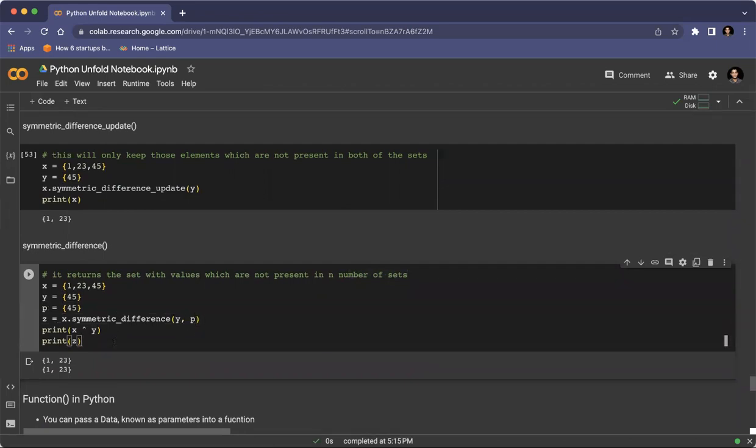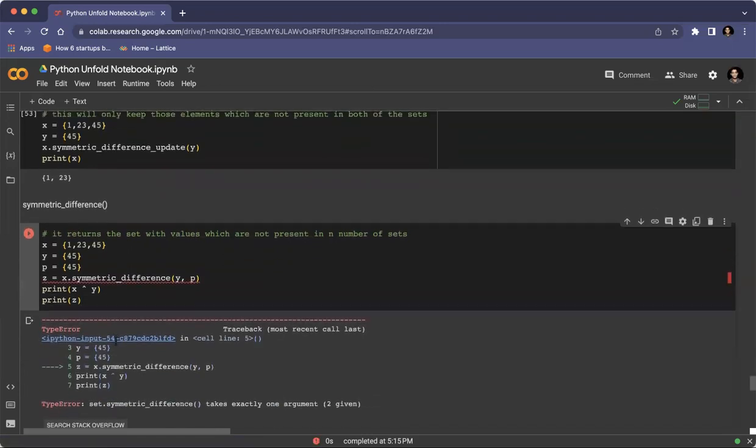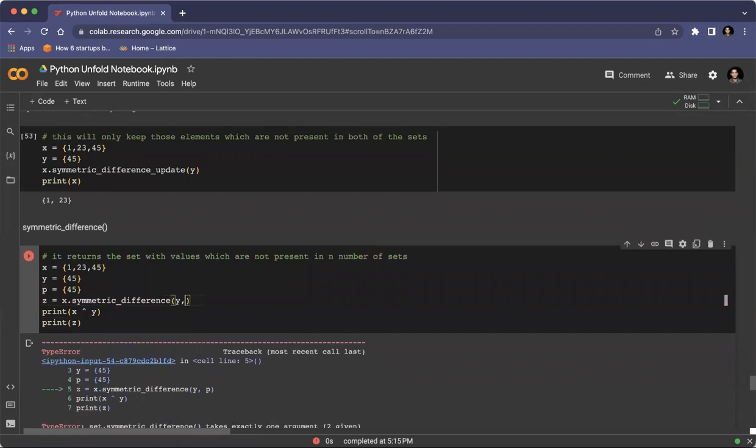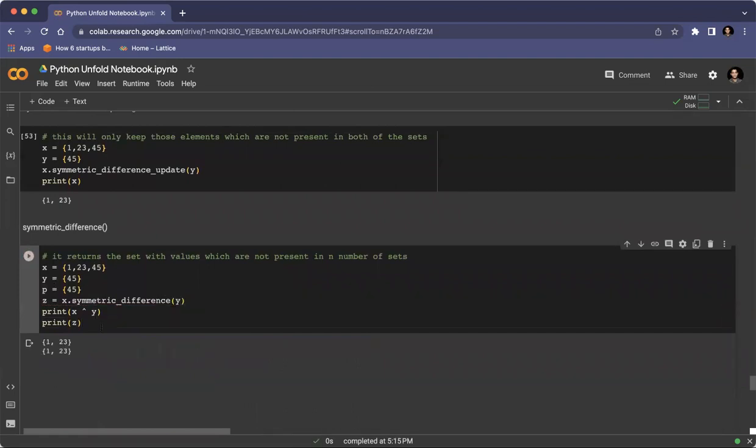So if you see, oh, it also takes one argument. Why? Anyway,